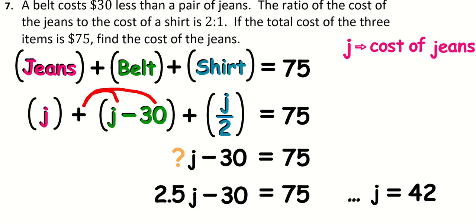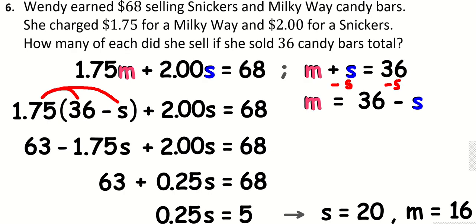So if the problem would have asked for all of it, then you could have just said the belt cost $12 and the shirt, that would make the shirt $21 if you needed to include that in your final answer. But yep, so there's some examples of story problems that probably could have been done easily enough just using guessing and checking,